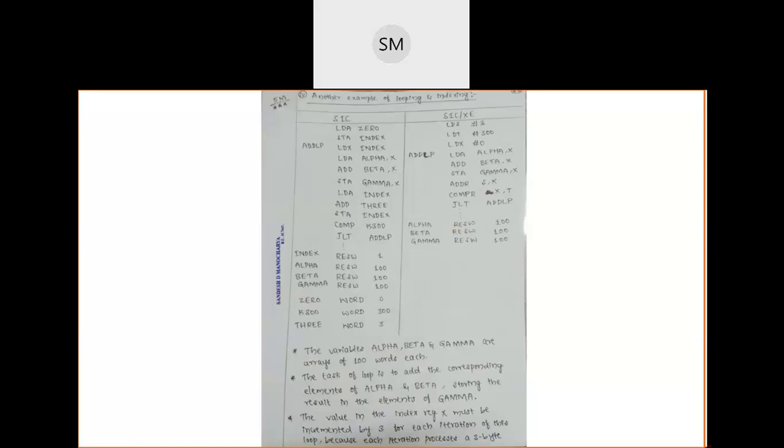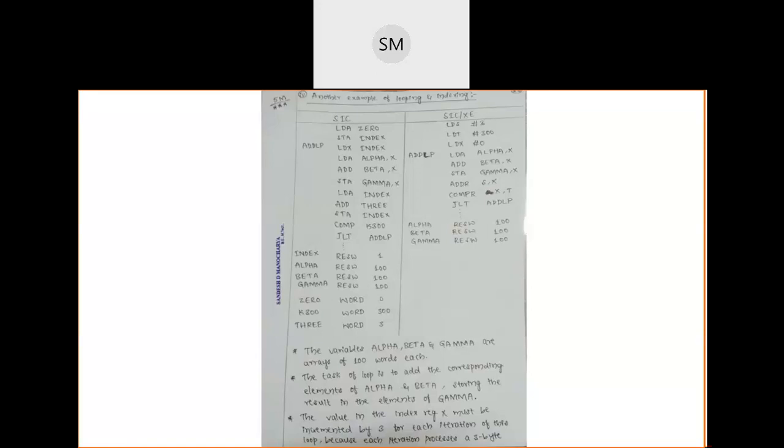The first word index starts from 0, and the index of the last word is 99. Clear? I am talking about words, not bytes here. The index of the first word is 0, and the index of the last word is 99 in alpha, beta, and gamma. So what is the main task here?